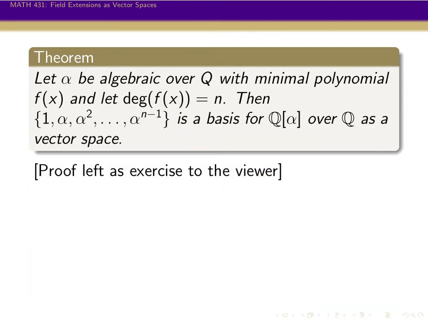And so one of the big theorems that's going to stem right out from this is, for our purposes, when we're thinking about these field extensions, what are bases for these as vector spaces going to look like? In particular, if alpha is algebraic over the rationals, Blackboard Q, with minimal polynomial f of x, and let the degree of f of x be n, then 1, alpha, alpha squared, up to alpha to the n minus 1 has to be a basis for Q adjoin alpha over